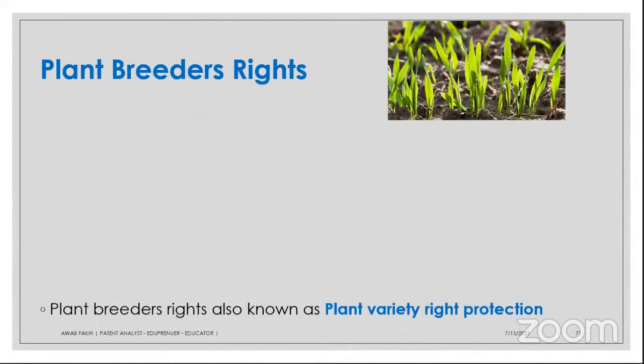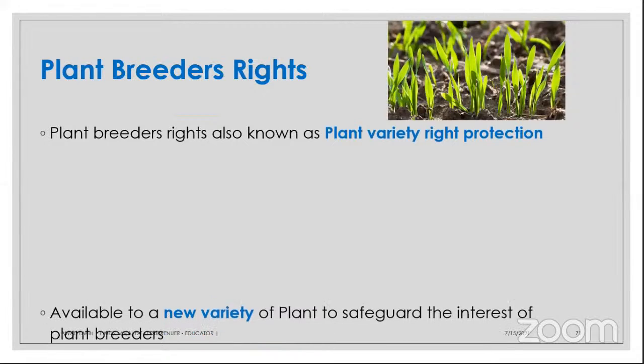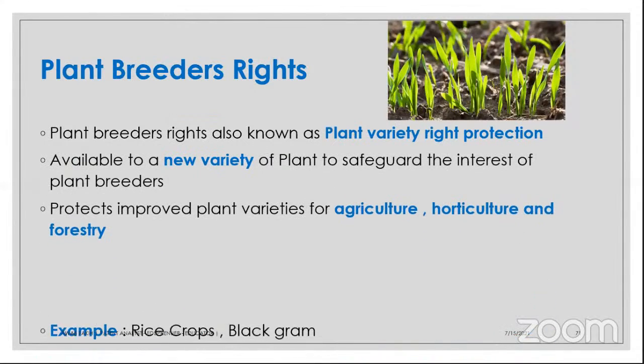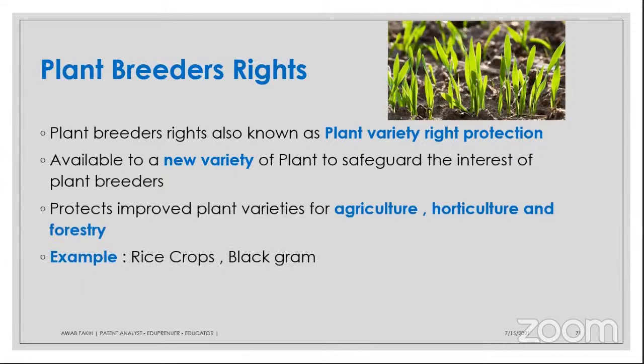So next one is your plant breeders. Very simple. As an Indian, Indian breeders develop a large number of new varieties that are freely available for others for exploitation. So plant breeders' rights are also known as the Protection of Plant Varieties and Farmers' Rights Act 2001. It was formed in 2001,